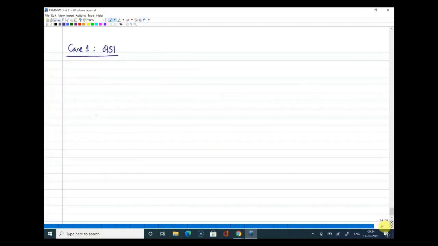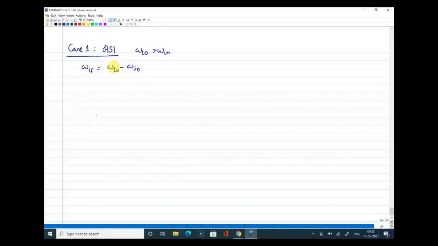So the first case I'm going to consider is omega LO greater than omega in. Your local oscillator frequency is greater than the input frequency. If that is the case, what will be the frequency generated here, the intermediate frequency? Since omega LO is larger, we will write omega LO minus omega in as the intermediate frequency we are looking at. But we know that when we do mixing, we will get sum and difference products, right?